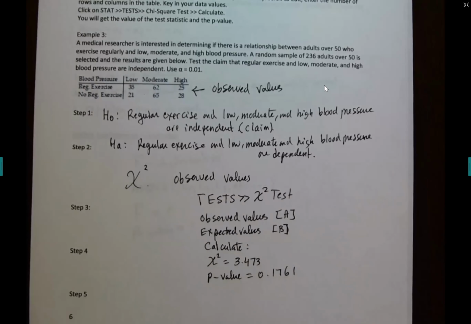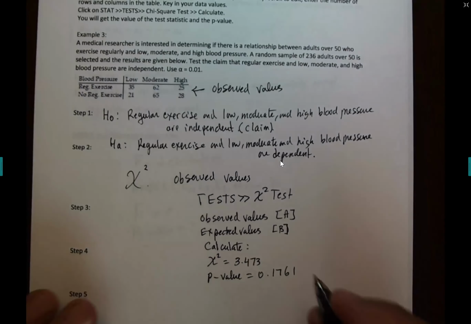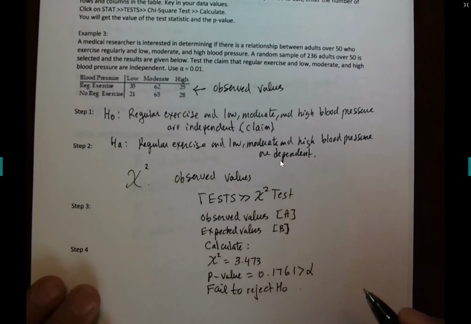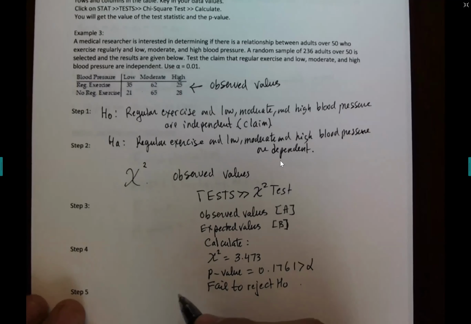I think you agree with me that the p-value is more than alpha. So fail to reject H0. And what's the conclusion, guys? Test the claim that regular exercise, low, moderate, and high blood pressure are independent. There is not enough evidence